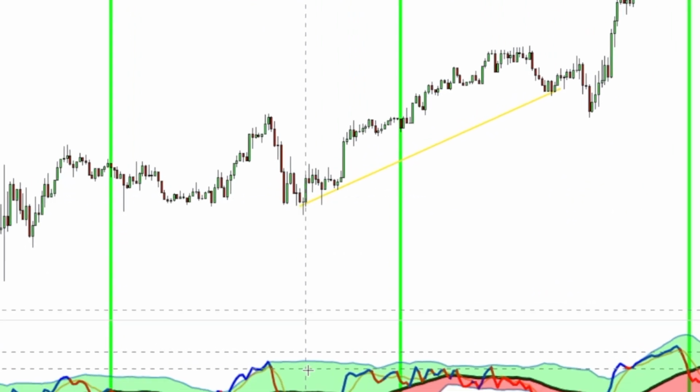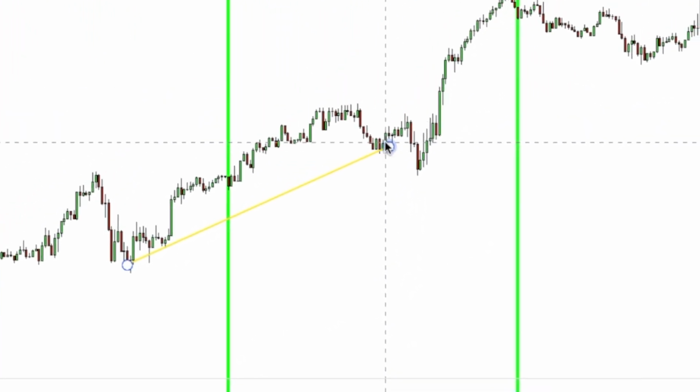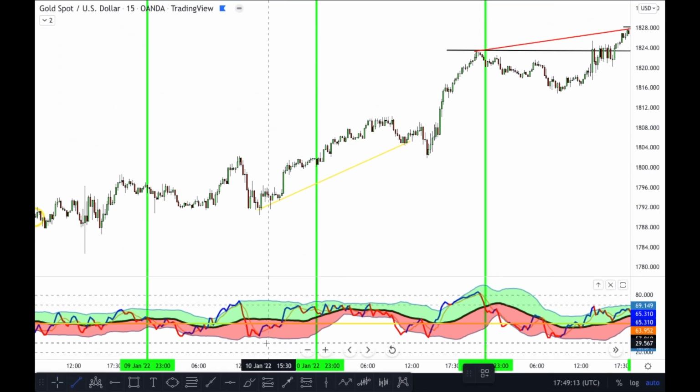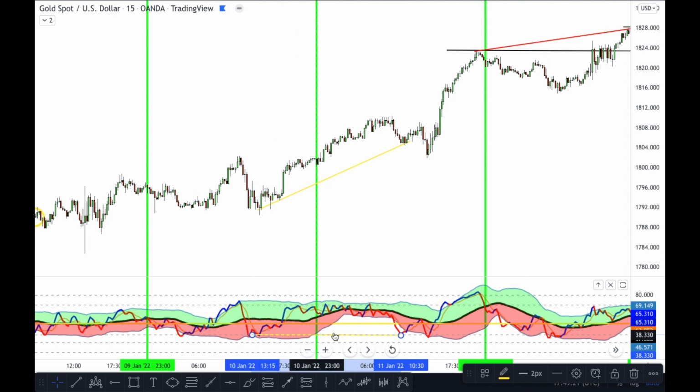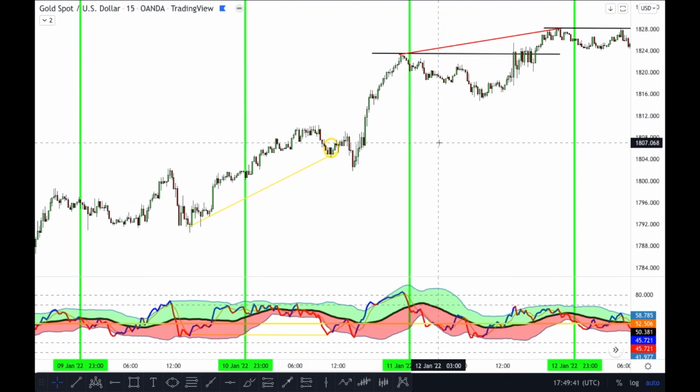Look right here and look at the TDI, and then we look over here what happened, and then we look at the TDI again. So when we get our trend line tool, you can see straight away that the TDI created a double bottom, and look at the trade that happened afterwards. You had a nice clean trade that went for the buy all the way up to this level here. Again, a fantastic trade for you to be able to catch.